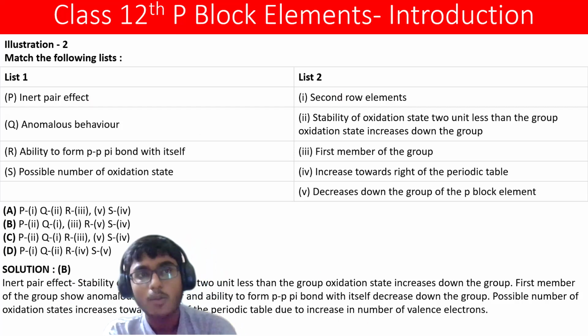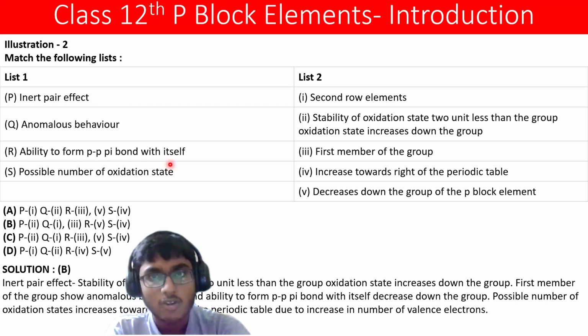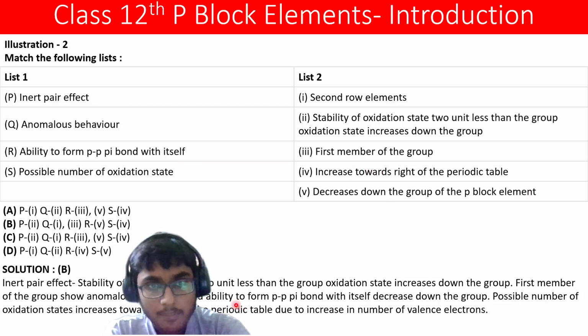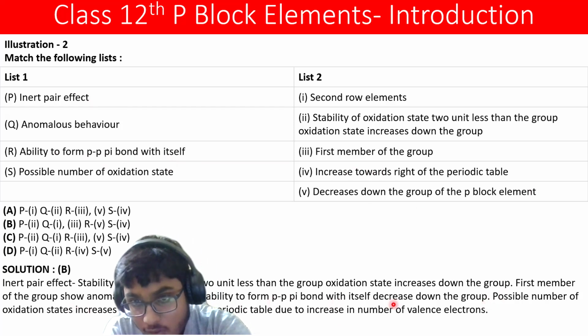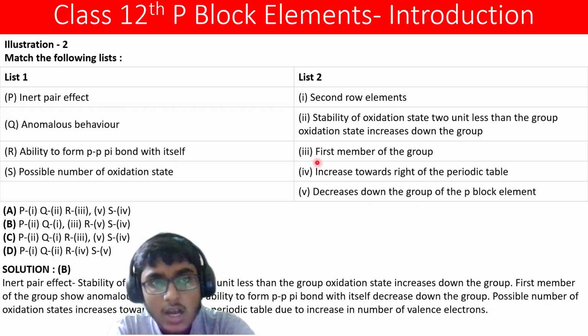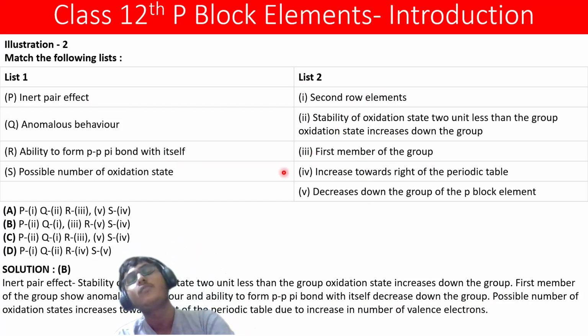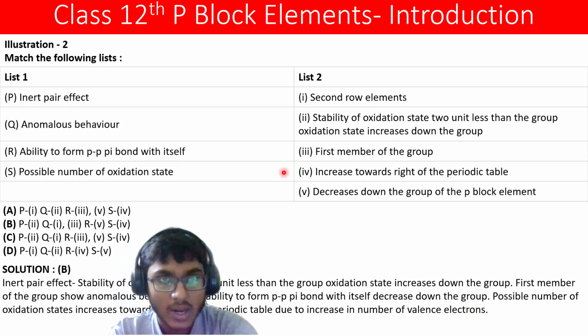चलो तो फिर ये क्वेश्चन तो सॉल्व हो ही गया बढ़िया से। आगे एबिलिटी जो फॉर्म करेगा पी पाई बॉन्ड इटसेल्फ का, तो वो किसके साथ जाएगा, फर्स्ट मेंबर ऑफ द ग्रुप के साथ। तो वो डिक्रीज करता है, यहाँ लिखा है ना, देखो ठीक से पढ़ो। फर्स्ट मेंबर ऑफ द ग्रुप शो एनोमलस बिहेवियर एंड एबिलिटी टू फॉर्म पी पाई बॉन्ड विद इटसेल्फ डिक्रीज ऑन द ग्रुप। और ये एनोमलस बिहेवियर सेकंड रो एलिमेंट्स के साथ भी देखने को मिलता है, और फर्स्ट मेंबर ऑफ द ग्रुप के साथ भी। फर्स्ट मेंबर ऑफ द ग्रुप, सेकंड रो एलिमेंट्स, ऐसा याद रखना।